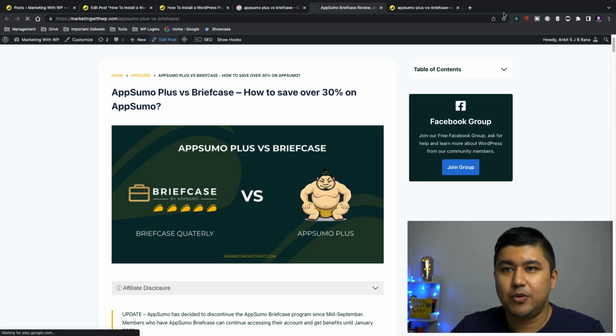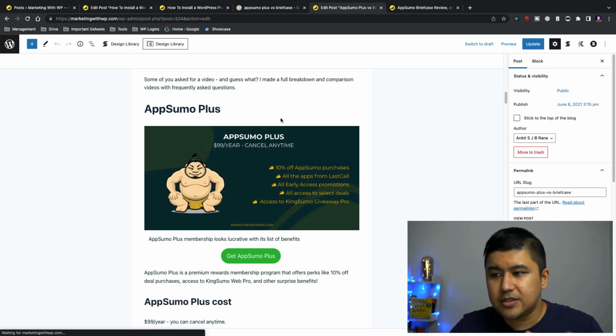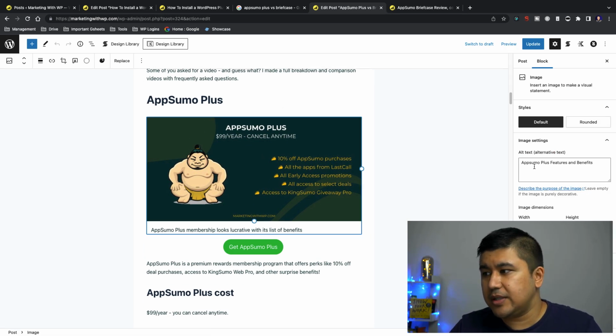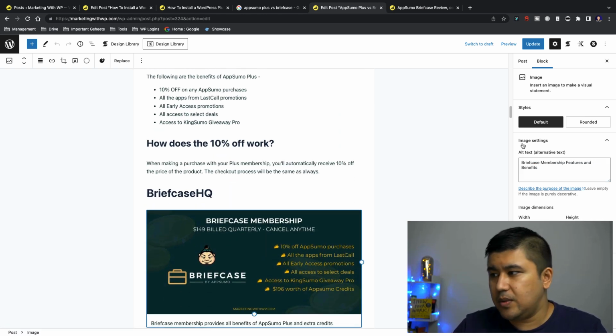We're going to edit the post. But let's look at any other images, right? So this image, alt tag, AppSumo Plus features and benefits. Let's look at another one. Briefcase membership features and benefits. So make sure